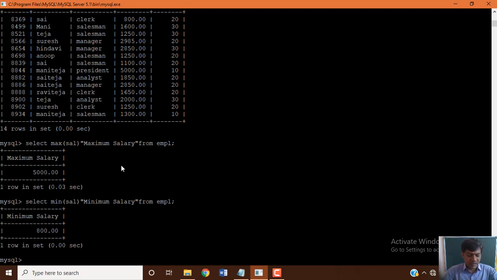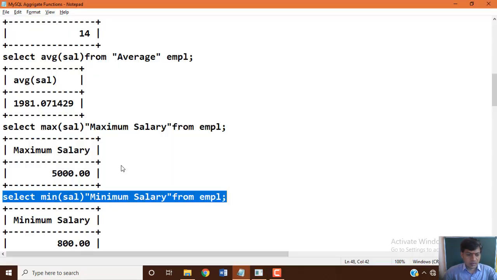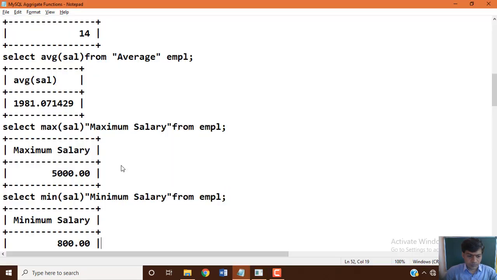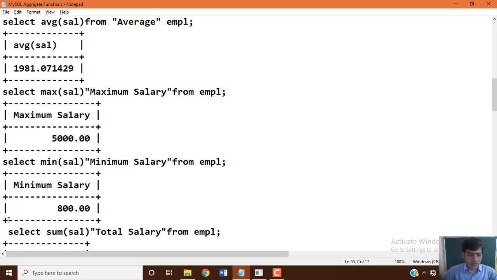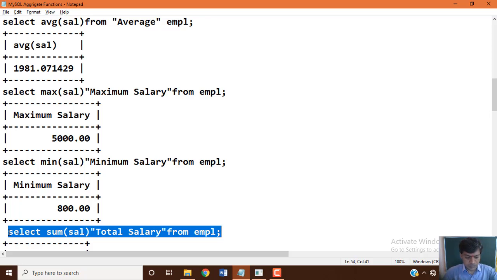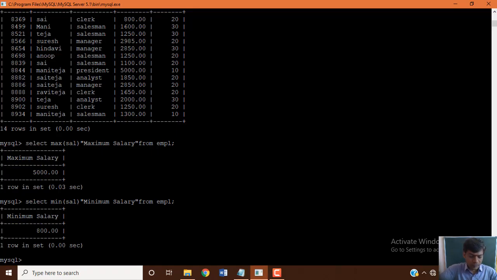In the same manner, sum of total salaries. Select sum of salary as total from employee, which means we are calculating the total salaries of all the employees.